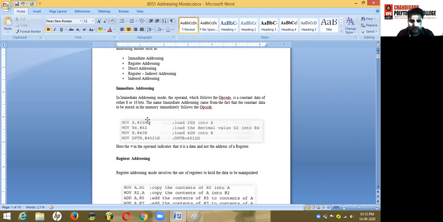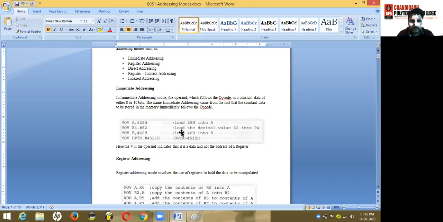The H notation here shows the hexadecimal value of the number. 4521 is the hexadecimal number that you are going to transfer into the data pointer, that is a 16-bit register, and the data must be 16 bits in size.